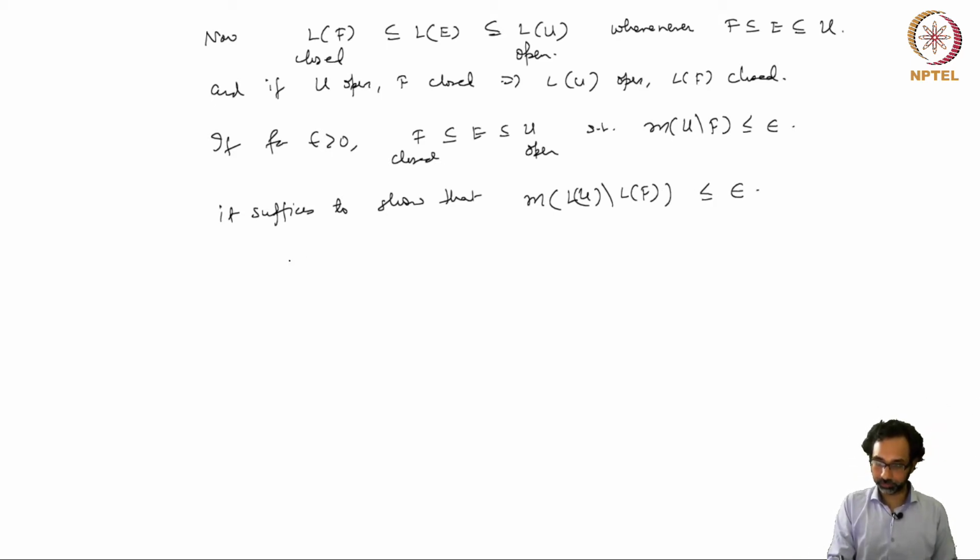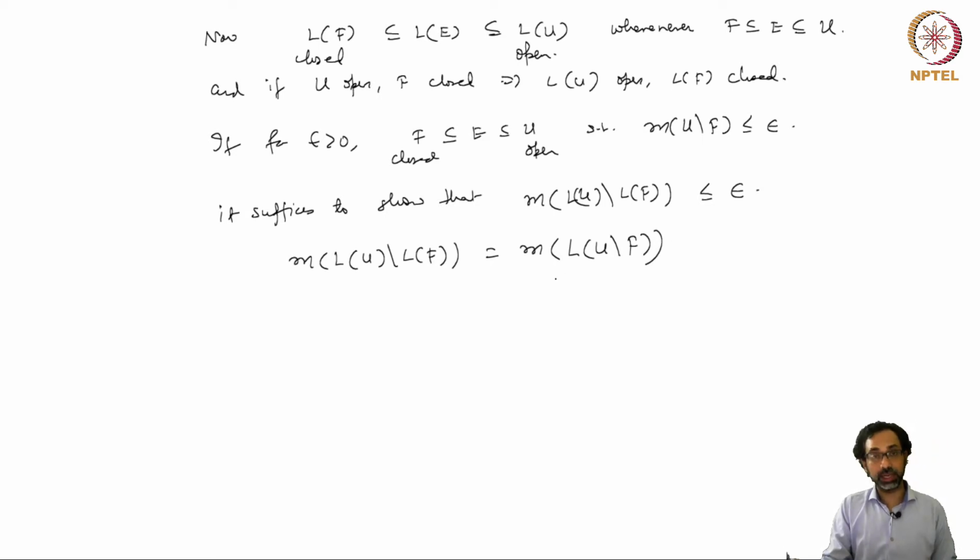Note that m of LU minus LF is equal to the measure of L(U minus F), because L is invertible, so it preserves intersections, and this is an open set, so it suffices to show